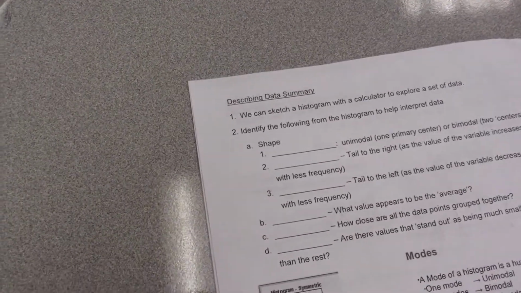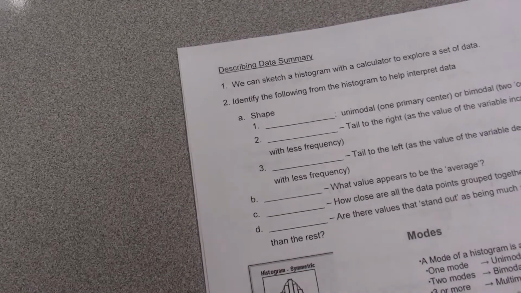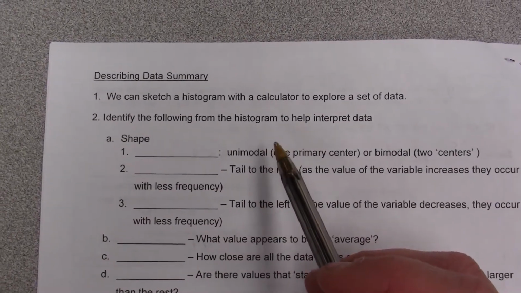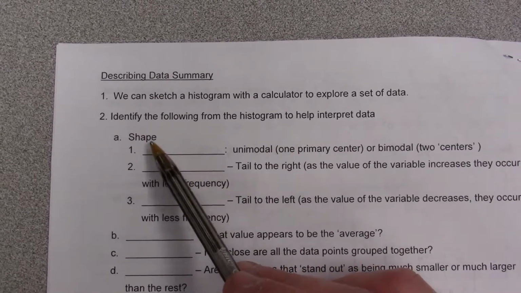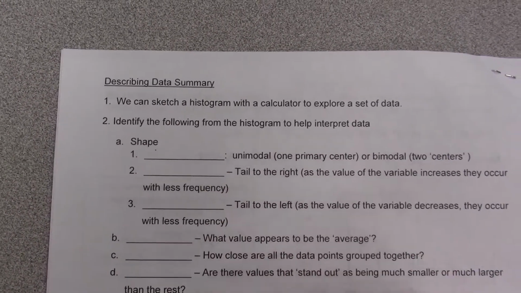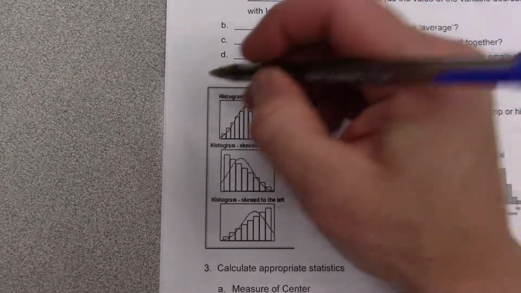Right now we're going to go to the back page here, and we're just going to do a little bit of a summary and some vocabulary back here. So you should be able to now sketch a histogram with your calculator. And when we're talking about shape, there are a couple things that we want you to look for. We want you to look at these 3 pictures. So these are shape